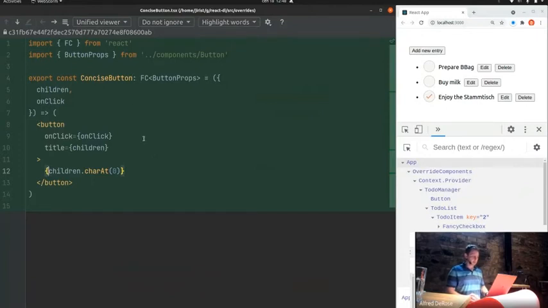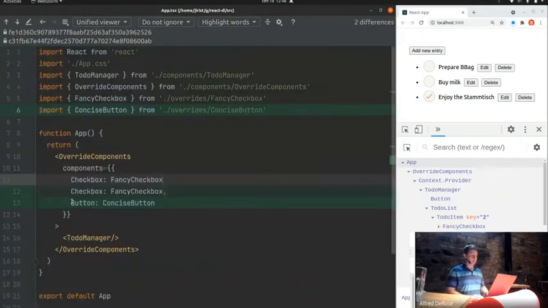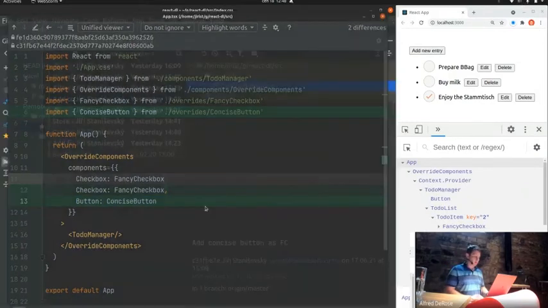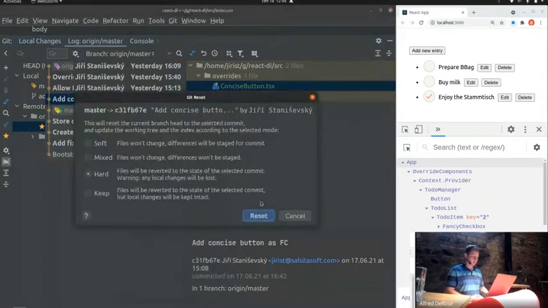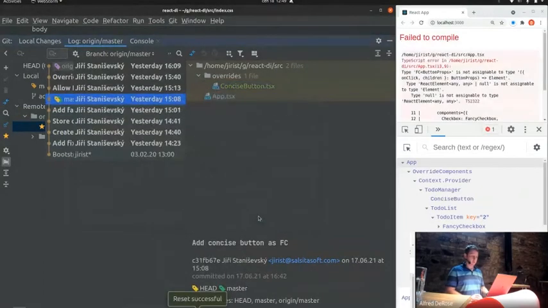And the only thing we need to do is to register that button. So we already have these overrides here, and we just add the button. So we replace button with a concise button. And now let's try whether it works. Okay, it does not. Why? Well, this is a typing issue. This is something you need to keep in mind when you're doing this stuff,